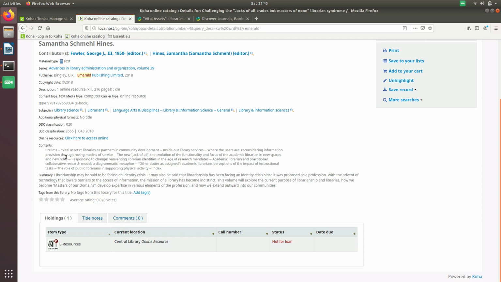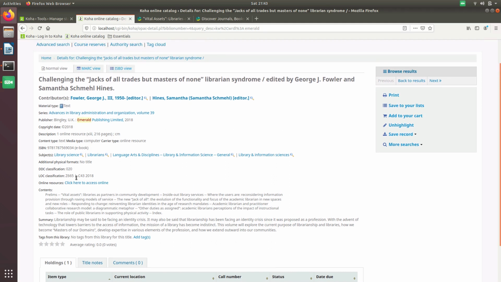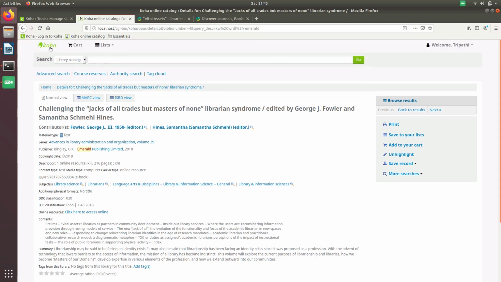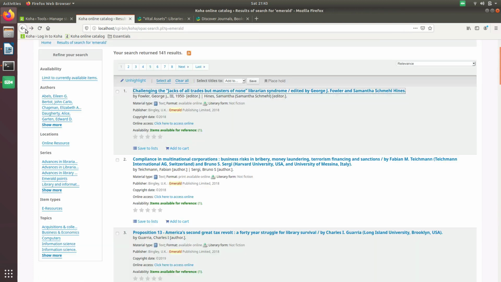You can see that the content is given here, all the details, DDC, LOC details, ISBN number, then content type, description, publisher, copyright, series with the link. So all the details we can find about the data which we have just imported from the downloaded record.